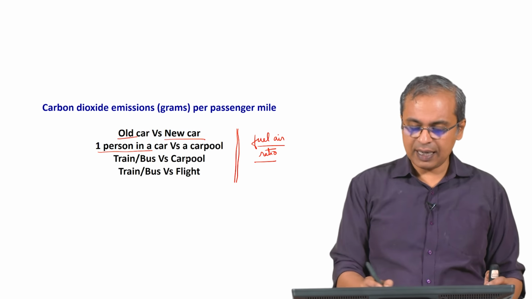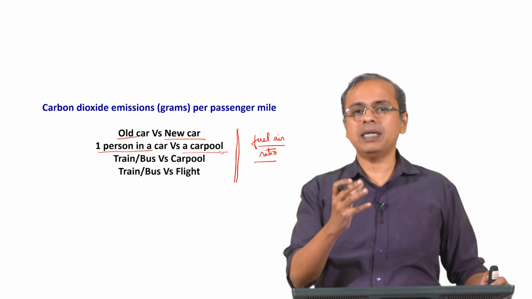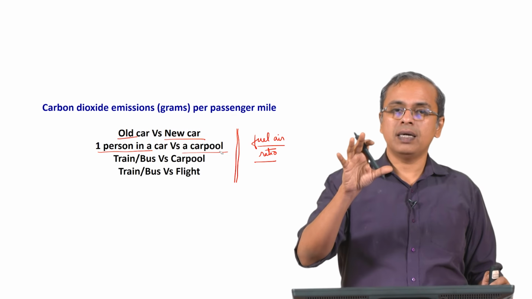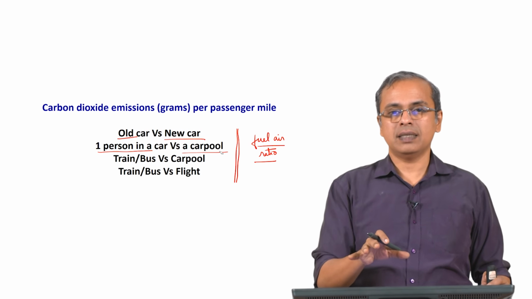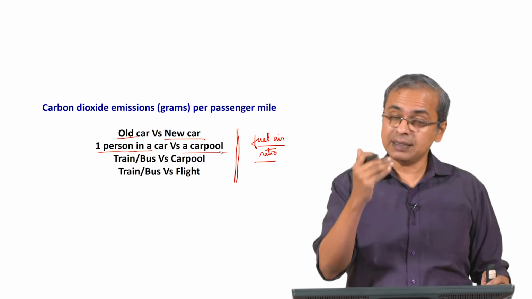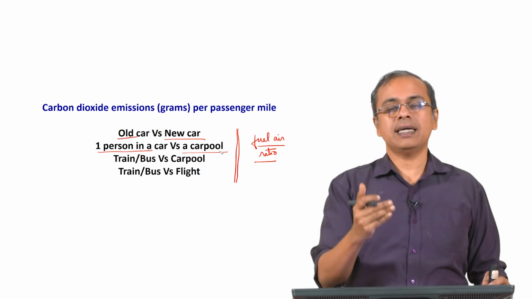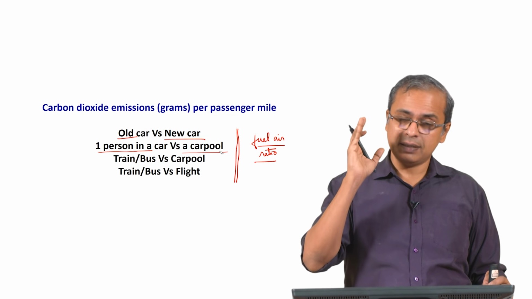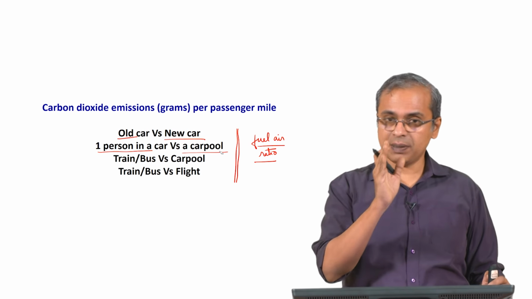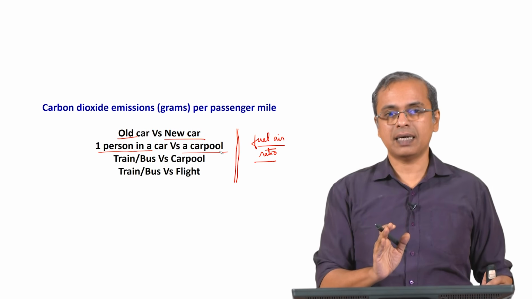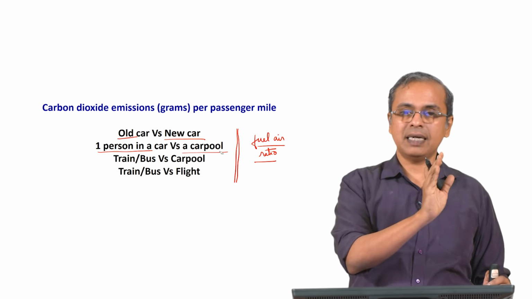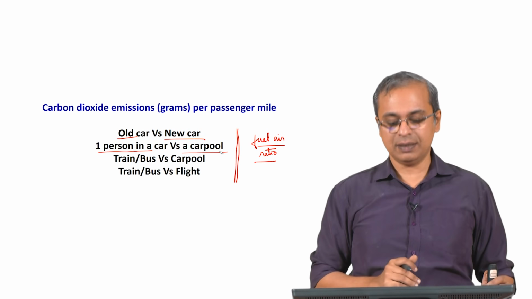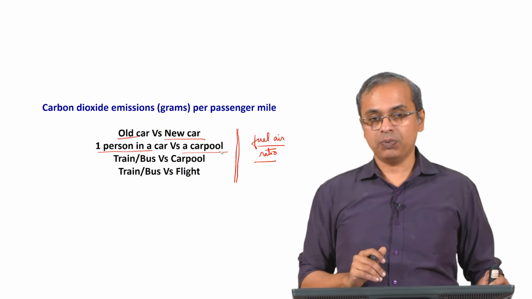Similarly, one person in a car versus a carpool. A carpool means multiple people in the car. So on a per person basis, carpool typically consumes a lot less energy, and therefore many cities internationally strongly encourage it. They give a lot of incentives for carpooling. So for example, in some cities where there is considerable traffic jam, they have a separate lane if more than one person is there in the car. If more than one person is in the car, you can take that lane, that will be empty. Even though all the other lanes are blocked, this is empty, you can drive long distances in this. So that is a carpool concept.